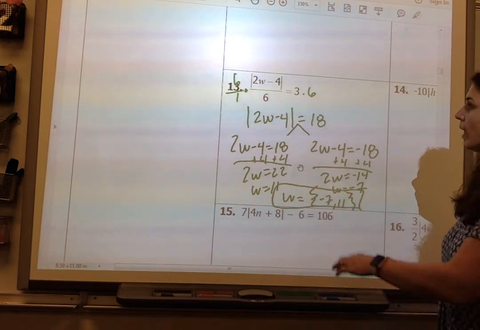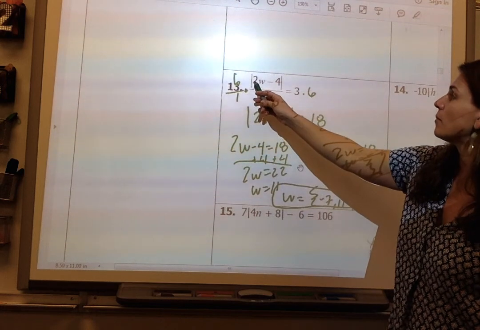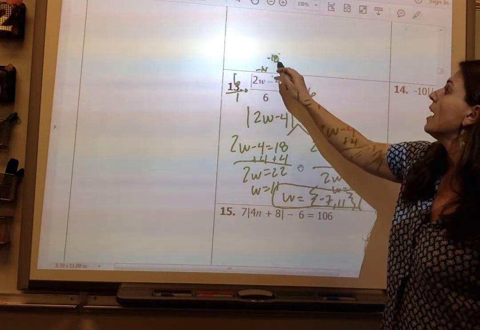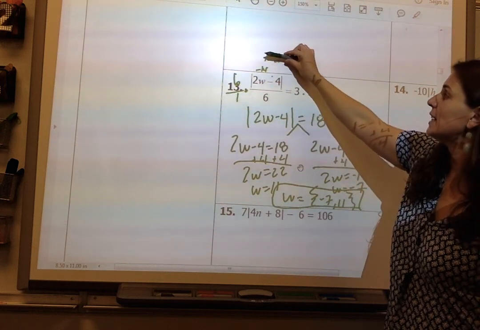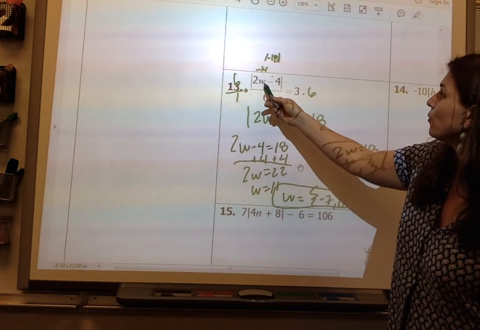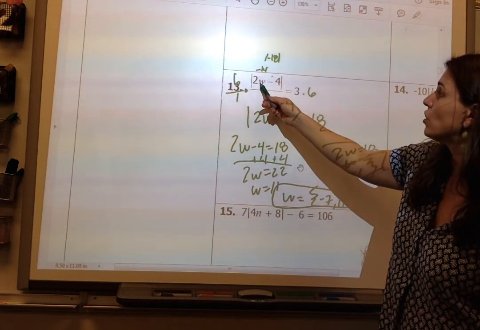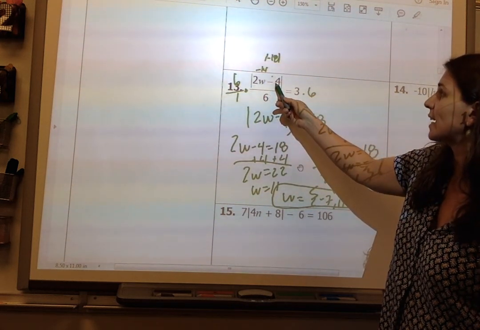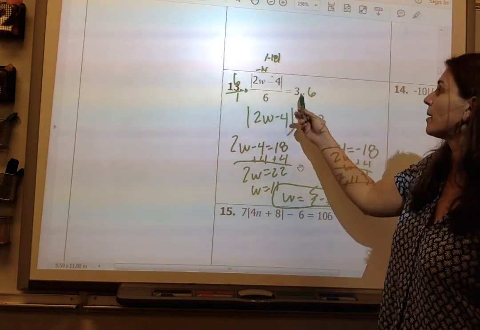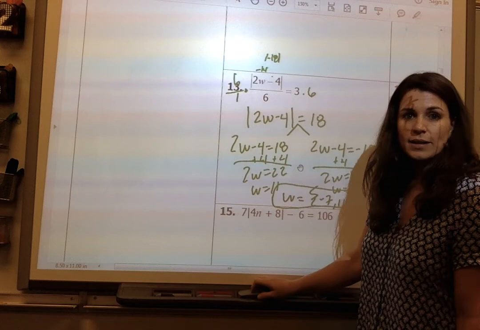and I can always check it. Negative 7 times 2 is negative 14, negative 14 minus 4 is negative 18, absolute value of negative 18 is 18, divided by 6 is 3. Plug in 11 for w, 2 times 11 is 22, 22 minus 4 is 18, absolute value of 18 is 18, divided by 6 is 3. So that also checks out. Now,